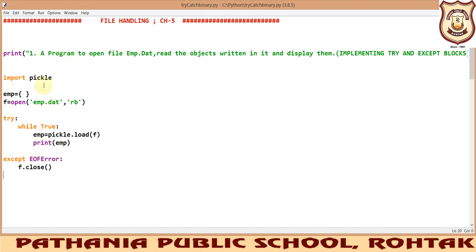Here we are importing the pickle module first. Once the pickle module has been imported, we will be creating a dictionary. I have defined it using curly brackets, so I am creating a dictionary EMP which is initially blank. Now the data will be inserted into this dictionary through the open function. We are using a file handle F and opening the file emp.dat in the read mode, and b indicates that this is a binary file. So this binary file will be opened, and the file handle F will help us read out the contents of the file.